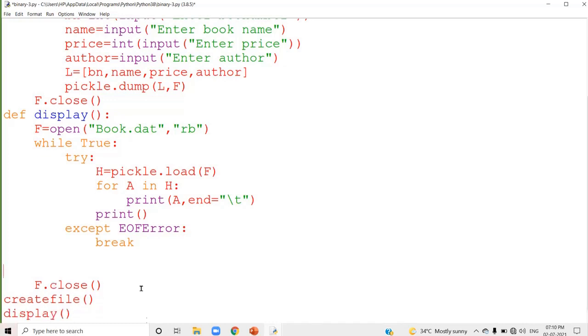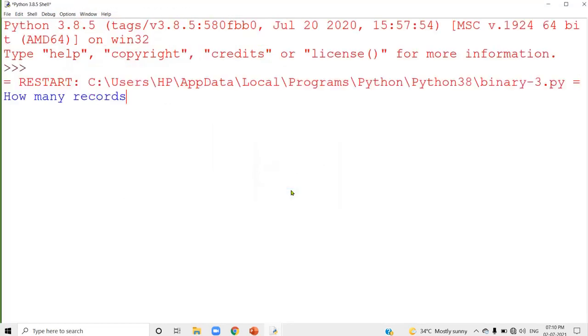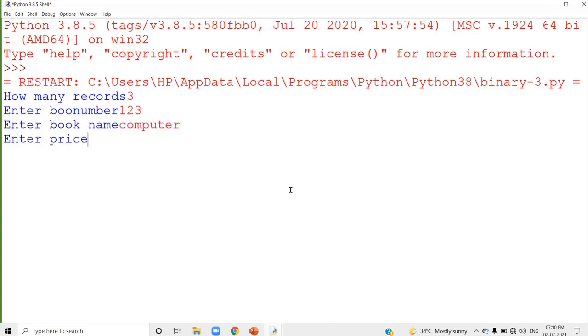Now just run this program and see the output. There is no difference in the output, but the way you are reading from the file is different. Total number of records is 3. Book number 123, book name, and next is price, and next is author.